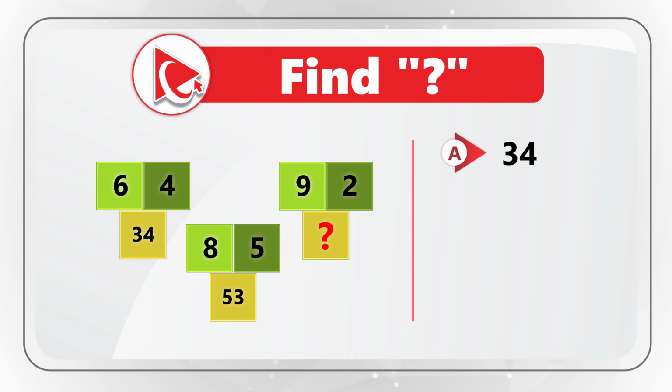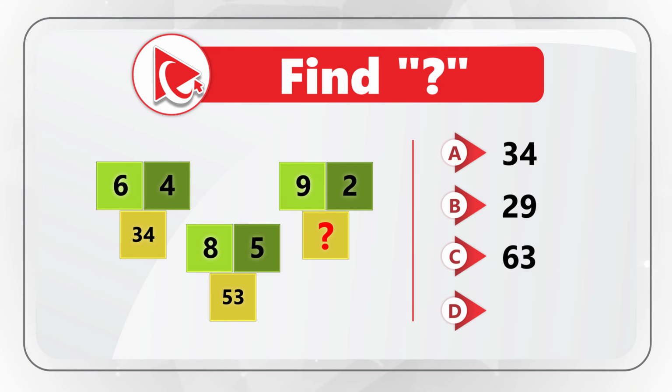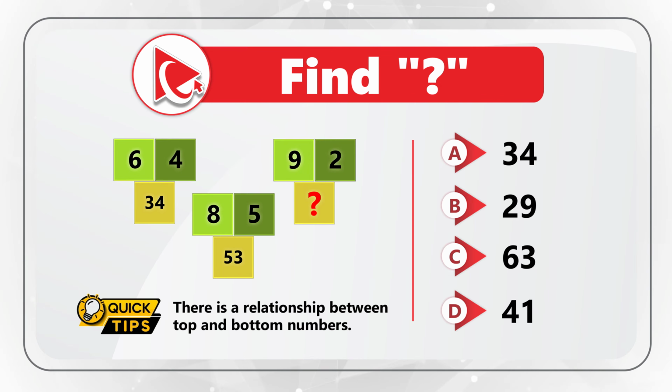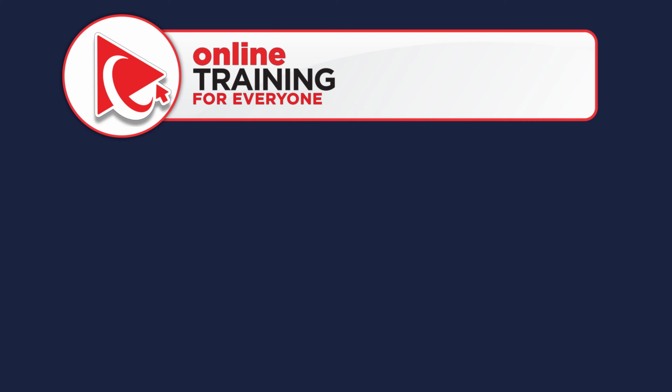Choice A, 34. Choice B, 29. Choice C, 63. Choice D, 41. Take a close look to see if you can complete the calculations. I'm going to give you a quick hint. See if there's a relationship between the top 2 numbers and the bottom number. But this is about as much as I'm gonna give you, because I'm moving forward to share with you my